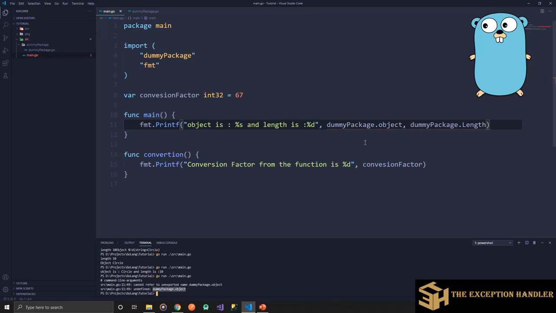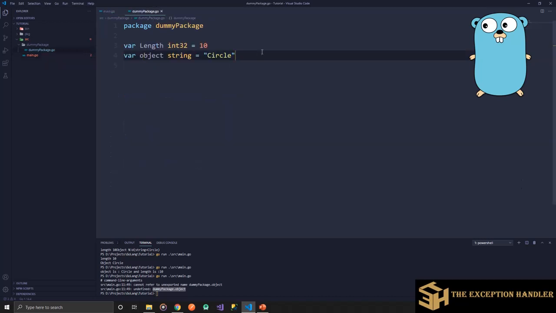That means any variable that starts with a small character will not be exported from the package. So it will behave like a private member variable of that package. If you use a capital case in the first character of your variable name, then the variable will behave as a public member variable. Same goes with the function as well.